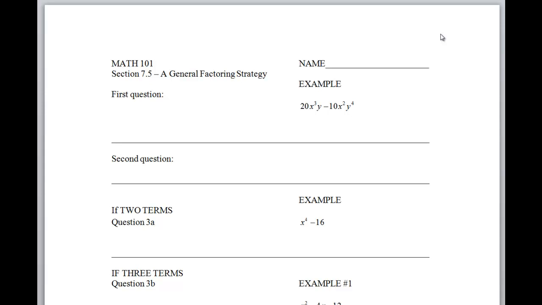This is Mr. Anderson from KCC Math 101, and this is going to be a walkthrough of Section 7.5, a general factoring strategy. I strongly recommend that you download the documents from the Moodle page and also practice along on